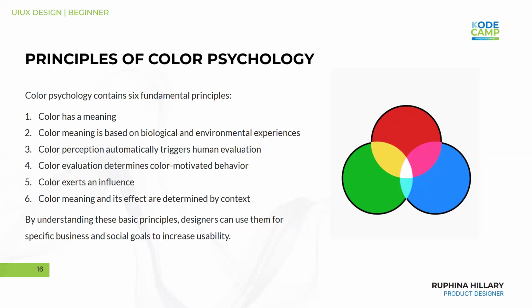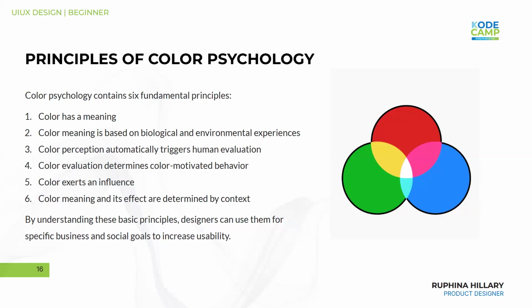once you see a color, the color red, by virtue of the meaning that we have ascribed to it, as I said before, a color has meaning, it automatically will trigger a behavior in us. Right? So if we enter a room and the light bulb is a red bulb, you would get stressed easily, right? So automatically, your perception of a color will trigger your human instincts, your evaluation. It would request your brain to react to this color,